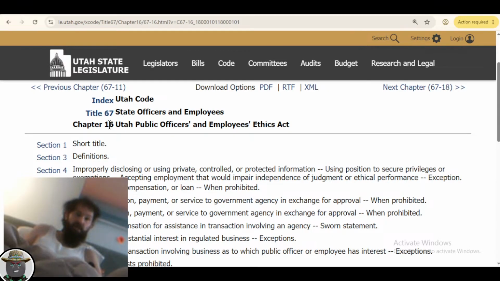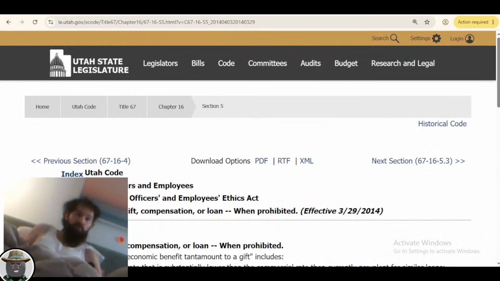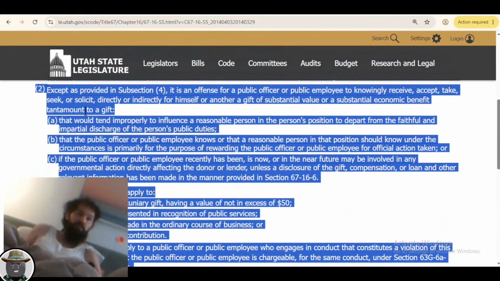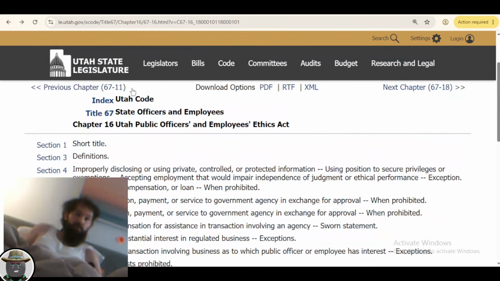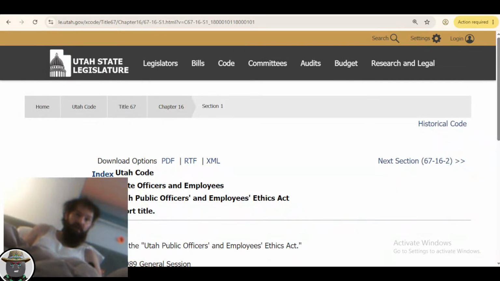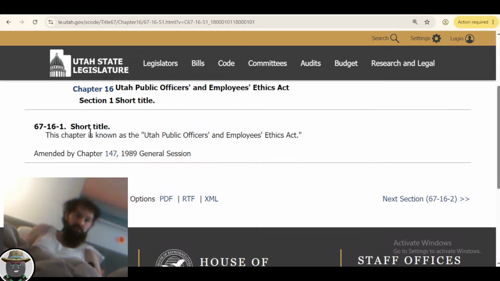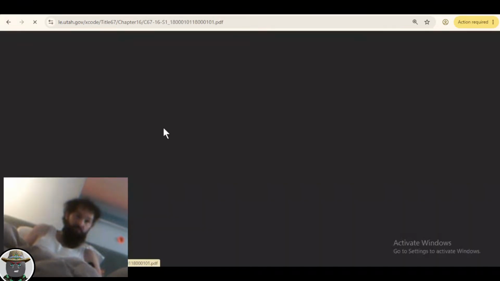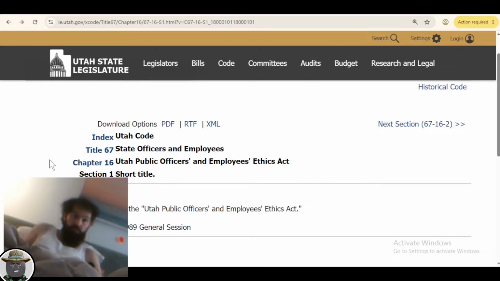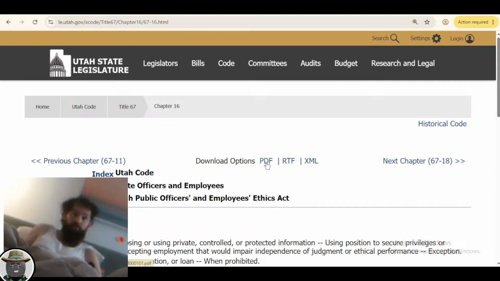Title 67, Chapter 16. So rather than going through individually and copying and pasting each of these individual sections and then going back and working with all the formatting, instead what I've done is I go up to the top. If I'm in one of the sections, then I don't really have this option. I'm just in the one section. I do have the PDF option up here, but it's only going to give me a PDF of that one little bit of code. It's not very helpful. So instead I want to go back up to the chapter and go to the download options, PDF,